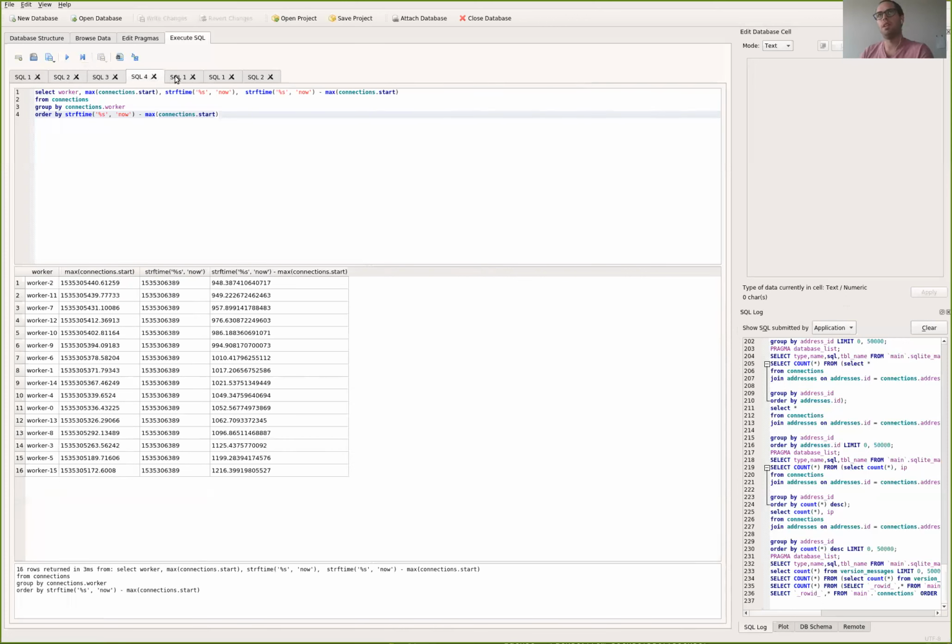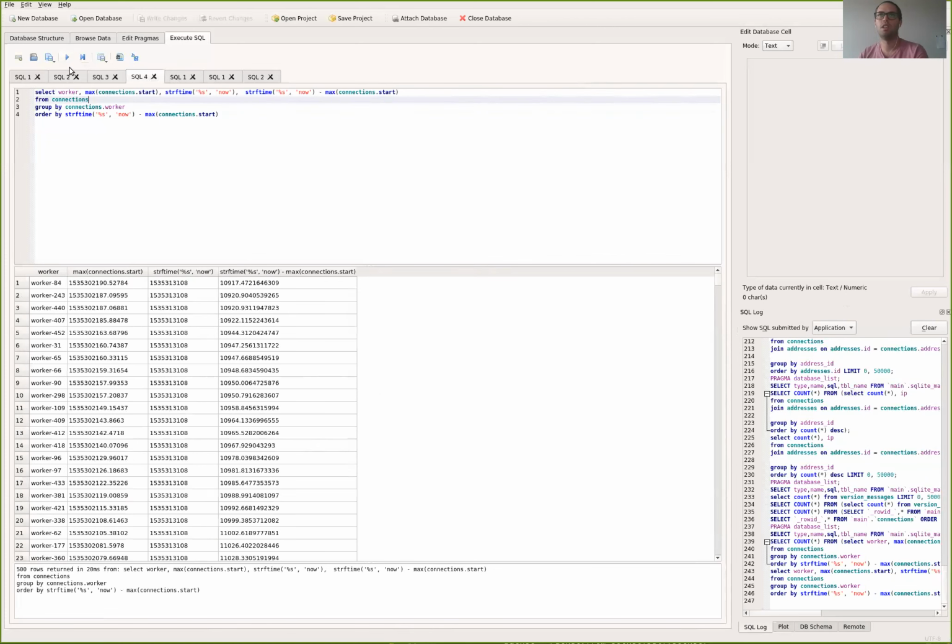It probably shouldn't happen. But let's just continue. This is another query that would allow us to, I think this one might actually be running on a different database. But how this one would work is, for every worker, we're going to look at all the workers. And then we're going to say what's the